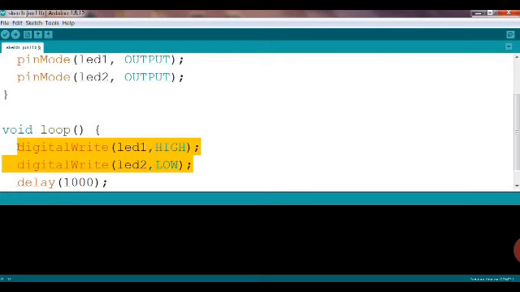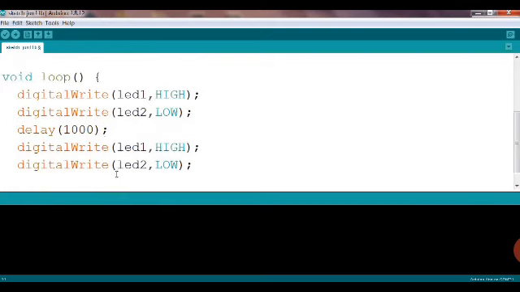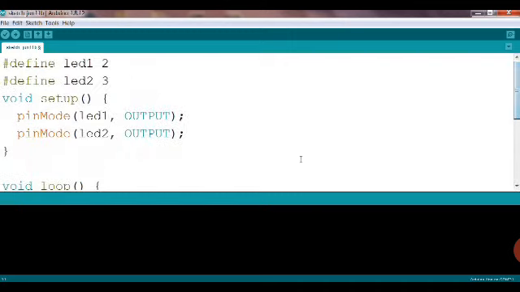Okay, and then you can copy paste this one, and you can change the condition. Now I want LED 1 to go off, so make it low, and I want LED 2 to go high, that is make it high, and then they should also remain for some time, that is delay. So for every condition you must give the delay, means it should remain there for some time, for how much time it should be written.